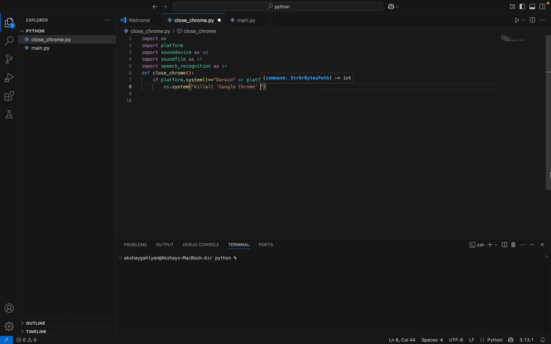If we write only this single command to close Chrome, in many cases our Chrome has not been closed, so we write all the different names of Chrome using the killall keyword: killall Google Chrome, killall Chromium. These are the other names under which Chrome is present. So in Darwin and Linux the command runs successfully to close Chrome. And the next function is